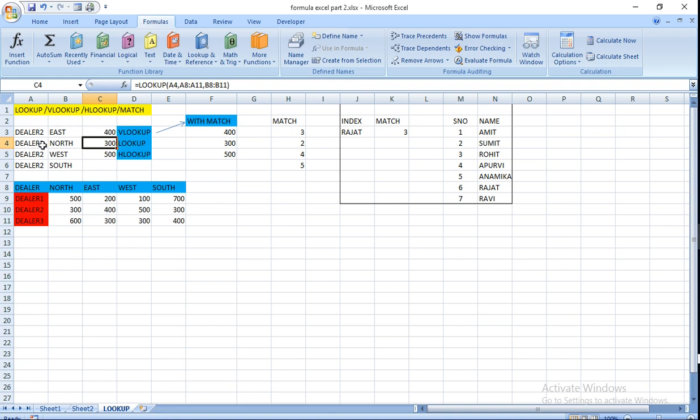Then for Dealer 2 lookup, Dealer 2 is written in A4, and it is North, and you have to find it in A8 to A11. You have to look it up in A8 to A11.